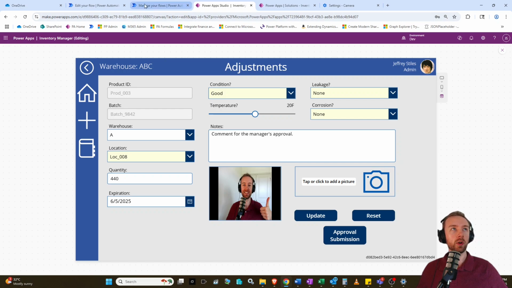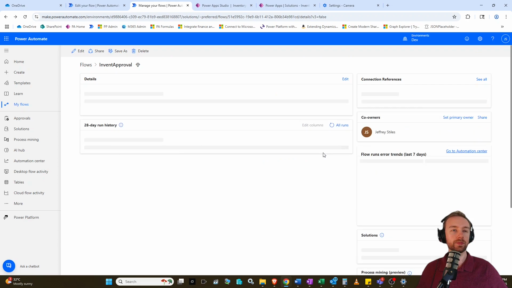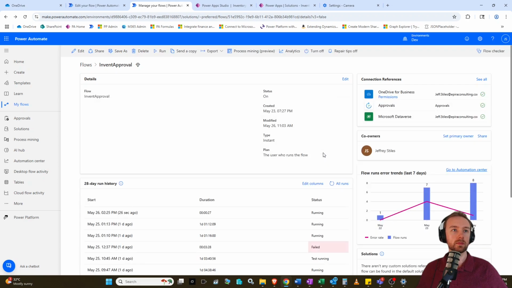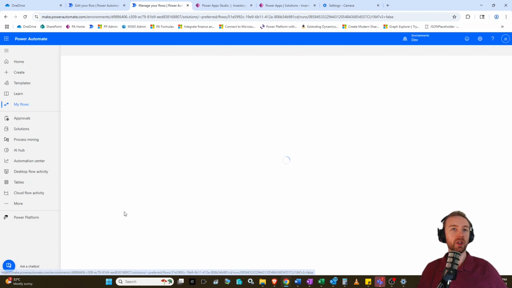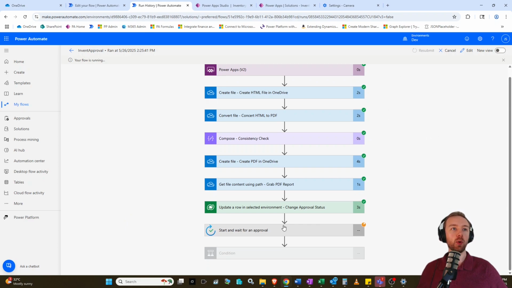Okay, so going over to our flows here, this is the flow that's currently being used. All right, we can see this one right here is currently running. The duration so far has been about half a minute. It started 26 seconds ago. We can click into it. If you're unfamiliar with Power Automate, this is essentially an at-a-glance view of what a flow is doing in real time. All right. We'll talk all about these steps here in a minute,